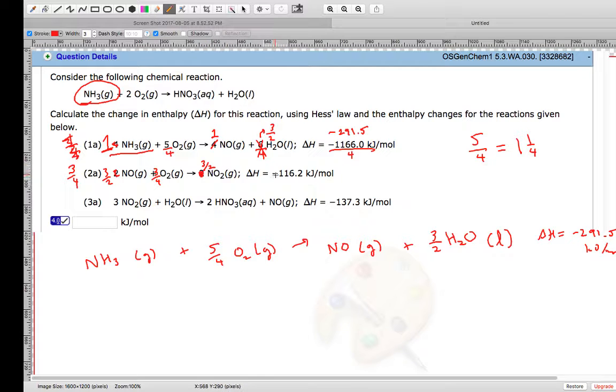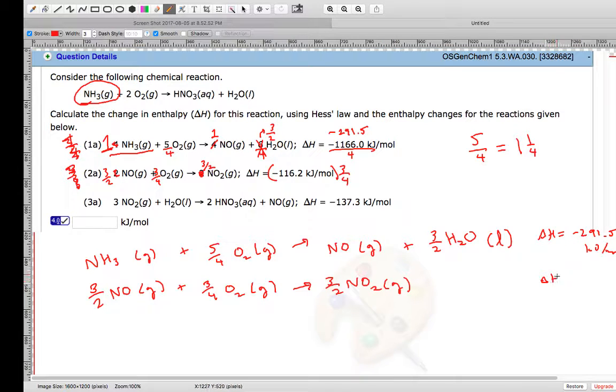And then 3/4 times this is going to be whatever the calculator says it's going to be. I'm done with this 3/4. Okay. So now I'm going to write that equation down. So I have 3/2 NO gas plus 3/4 O2 gas makes 3/2 NO2 gas. And the delta H is going to be,